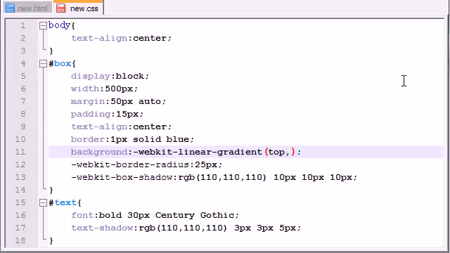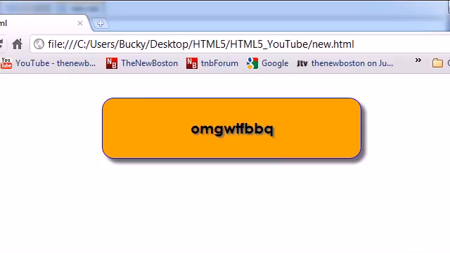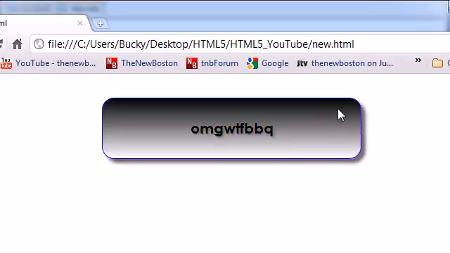The second value is the color, and I'm just going to make this black and white, really simple. I'm not going to spice this up a bit. So what we're going to say is this. We're going to give you black and white, start with black and end with white, and start at the top. Simple enough. So now if we refresh this, we see that we get a nice black to white gradient starting